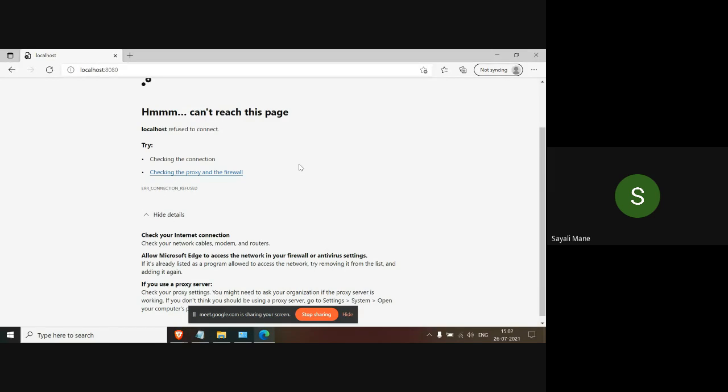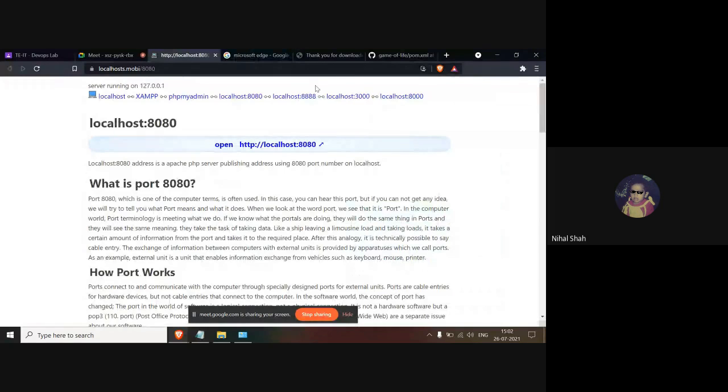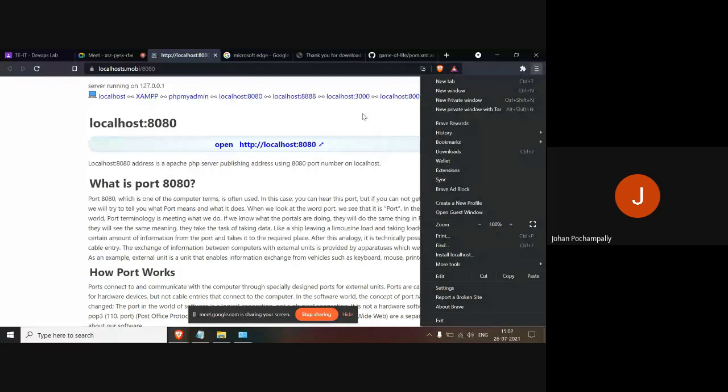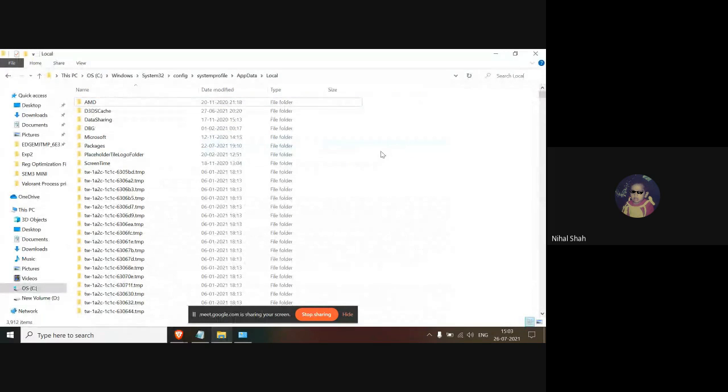Do you have Firefox? Can you try it in Firefox? No, ma'am. I actually have Brave installed and not Firefox. Okay. Ma'am, I am also facing a similar issue. I pasted, but I just went into that folder, so it reloaded in the background. That folder isn't visible in mine. I went to system32, then config, systemprofile, AppData, Local. You follow the path, right? Yeah, but I can't see Jenkins here.